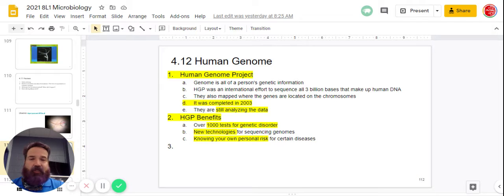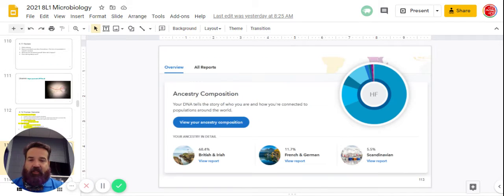New technologies for sequencing genomes. That's important when we're studying animals and bacteria and all sorts of things. And knowing your own personal risk for having a genetic disorder. All right. Now, this slide, this is from my personal